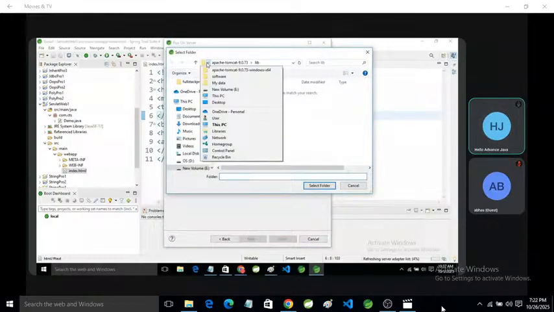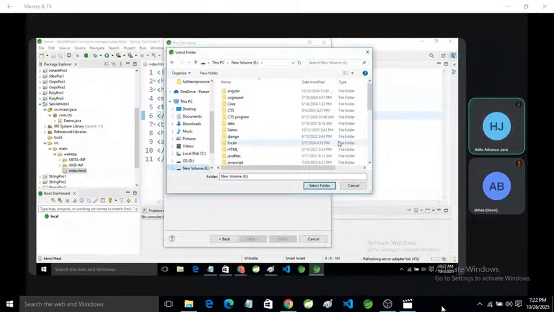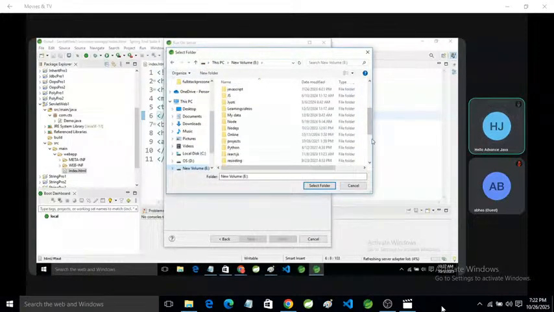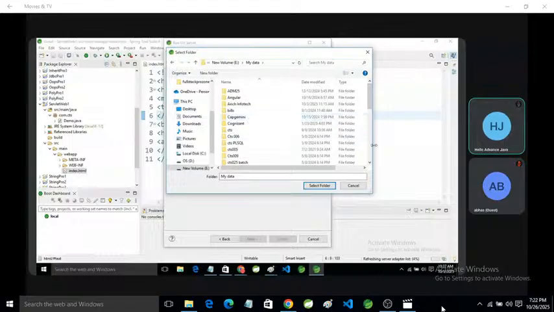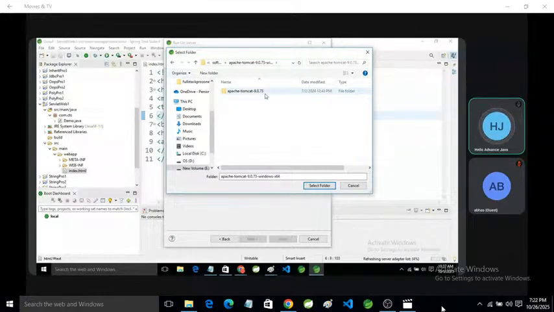So here you can see this. My server exists in ePrompt. ePrompt has a folder, this folder has a folder named software, and software has a folder Apache Tomcat. Open this Apache Tomcat. Here you will get Apache Tomcat 9. This is the actual folder of your server. Click on this folder and click on servlet.